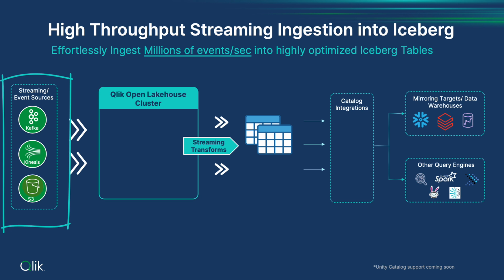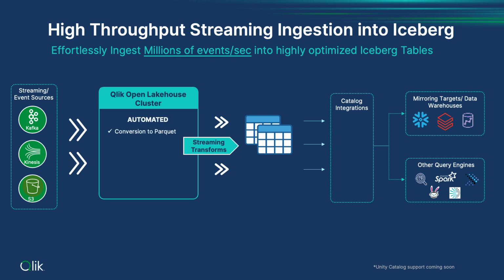And we often think of S3 as just a place to store a file. But S3 is often used for streaming use cases where files can be generated in real time, sometimes into the millions, and those files might need to be picked up and processed. So, what else is happening in this ingestion process? So we're converting that streaming data into Parquet files that make up the Iceberg tables that we're querying.